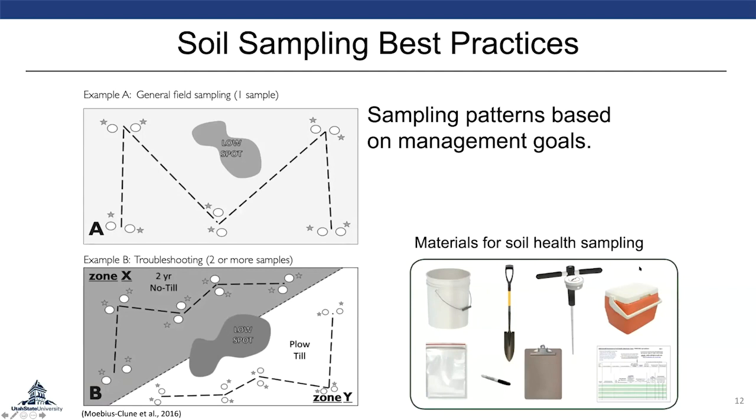The typical materials for soil sampling are pretty much the same that you would have. You want to keep your records and have separate sample bags for each sample that you have. For soil health sampling, you may want to use a soil penetrometer reader to measure the soil compaction that you may have. But also really important for biological tests is to keep it on ice and have expedited shipping so you can preserve that soil biology.